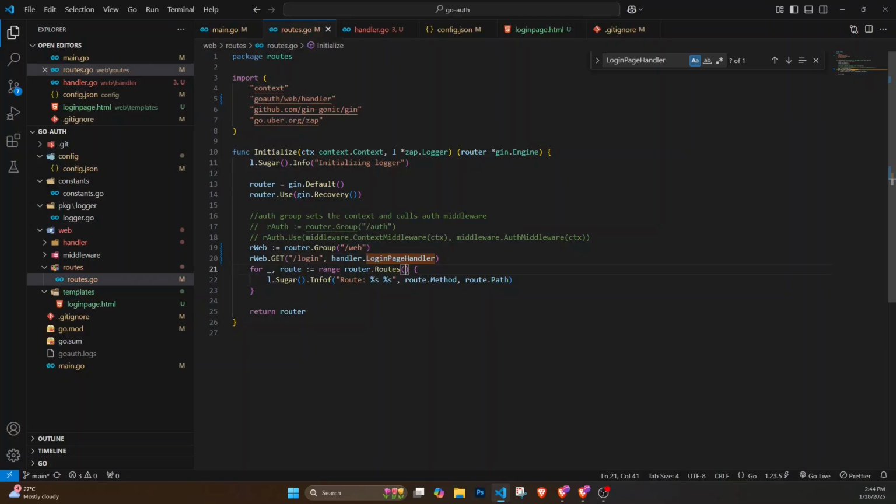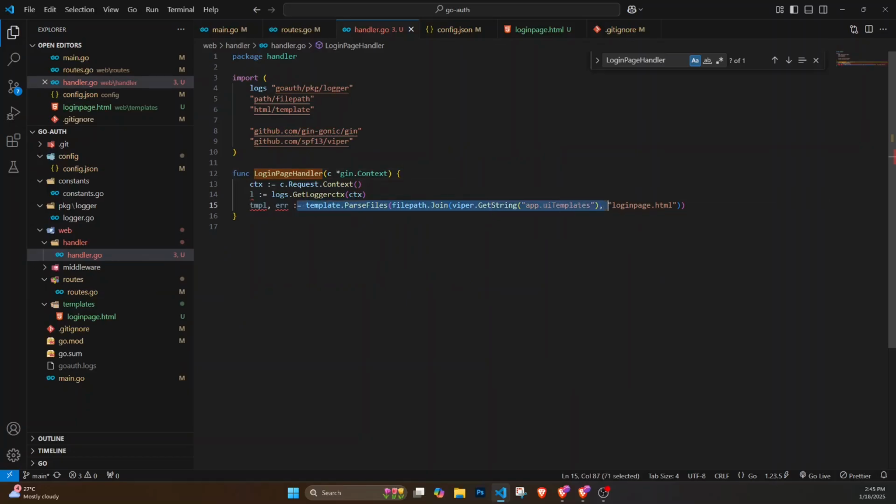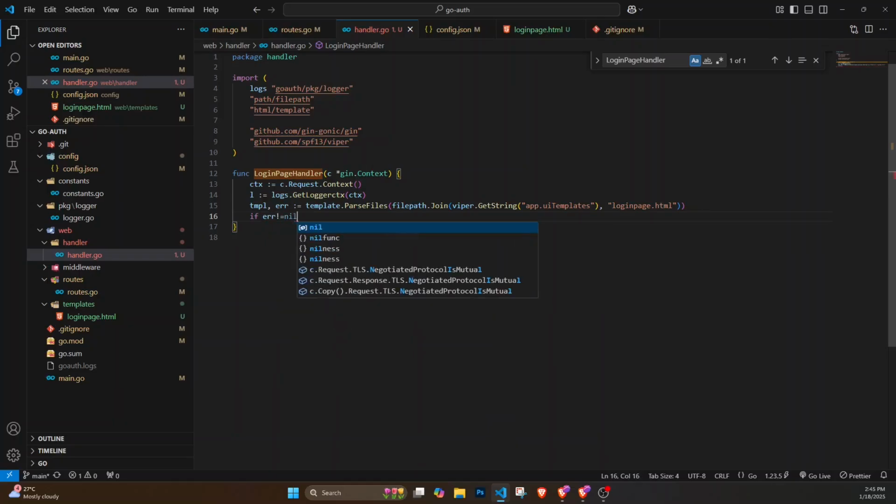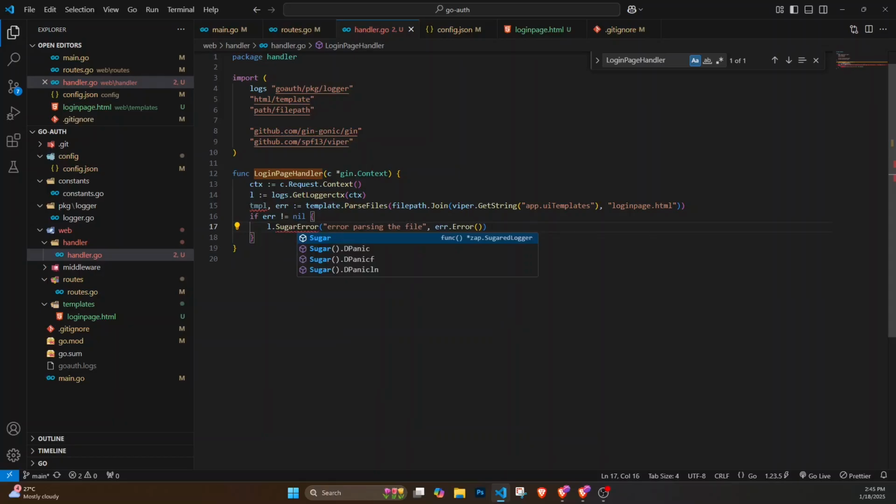So what I'm doing here is when I hit this slash login root, it just goes to our login page handler. When it executes this template from the template path, and then if there is an error in parsing the file, so this